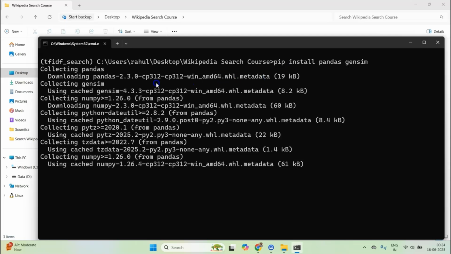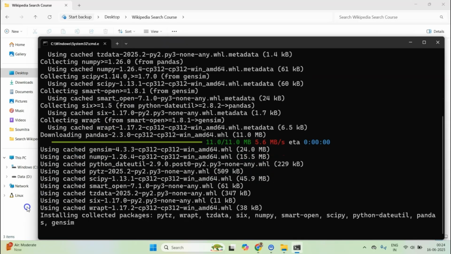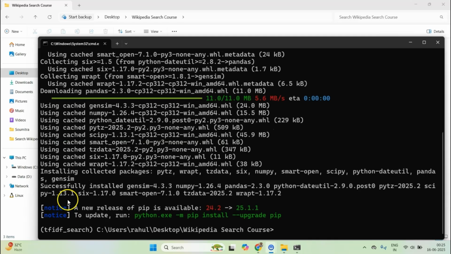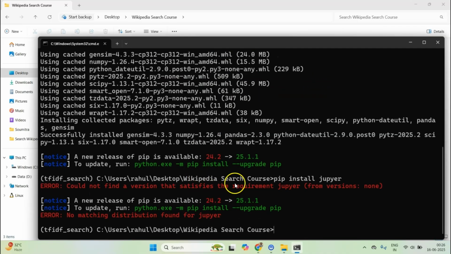So it is installing it, and I'll just resume the video once it has successfully installed. So both of those packages have been installed, and now let me install Jupyter, pip install Jupyter.